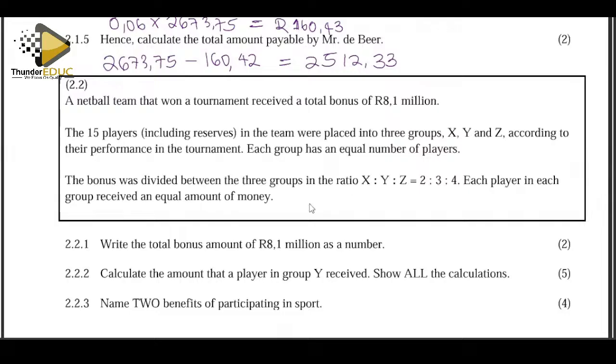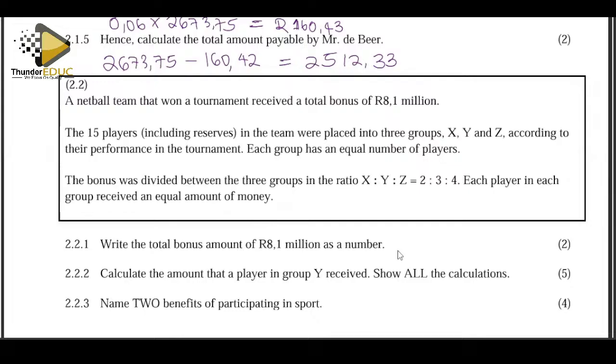The bonus was divided between the 3 groups in a ratio of X is to Y is to Z, which equals 2 is to 3 is to 4. Each player in each group received an equal amount of money. Write down the total bonus amount